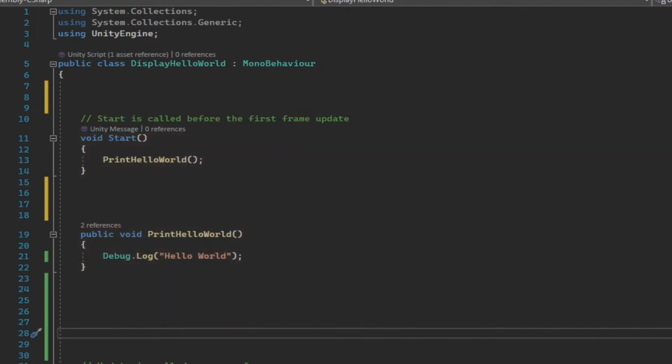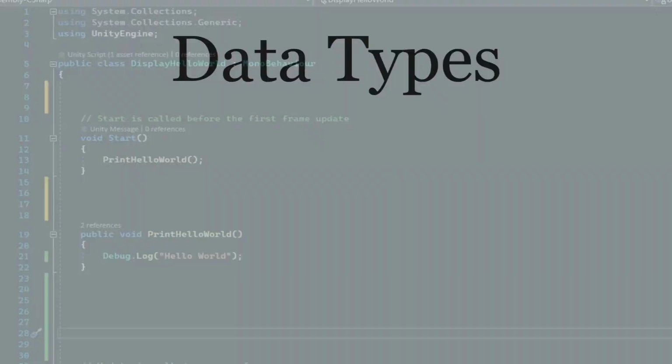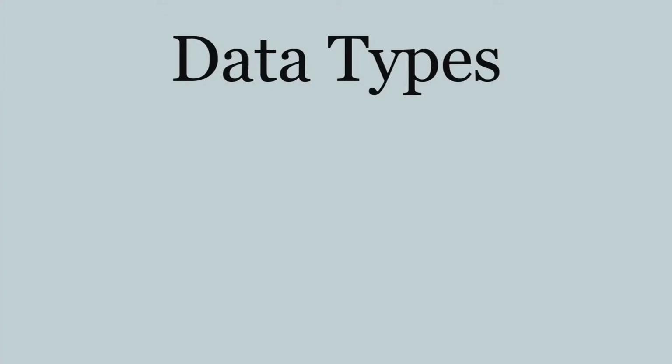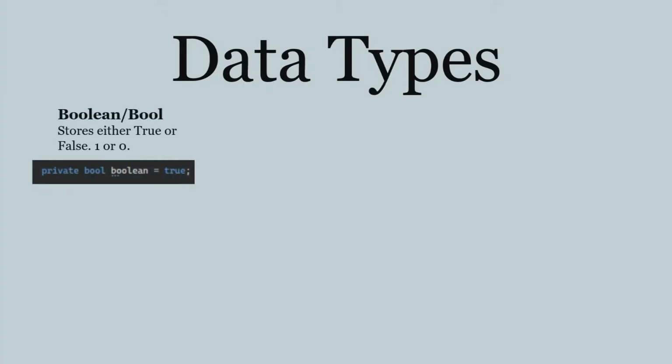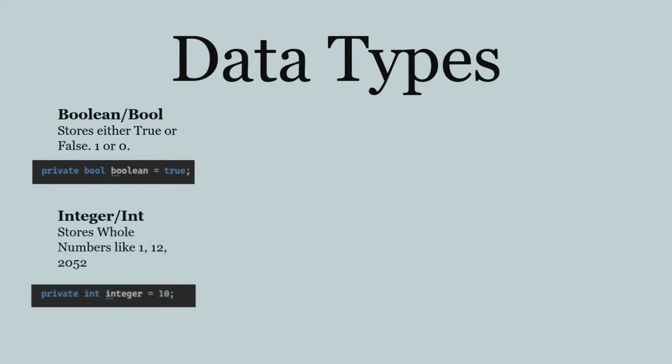Now, to make sure that we run the game efficiently and have all the functionality that we want, we need to make sure that we're using the correct data type to store our data in. The main primitive data types that you'll use are booleans, or bool, which is a simple true or false, 0 or 1 data type, integers, also known as int, which are used for whole numbers, floats, which are used for